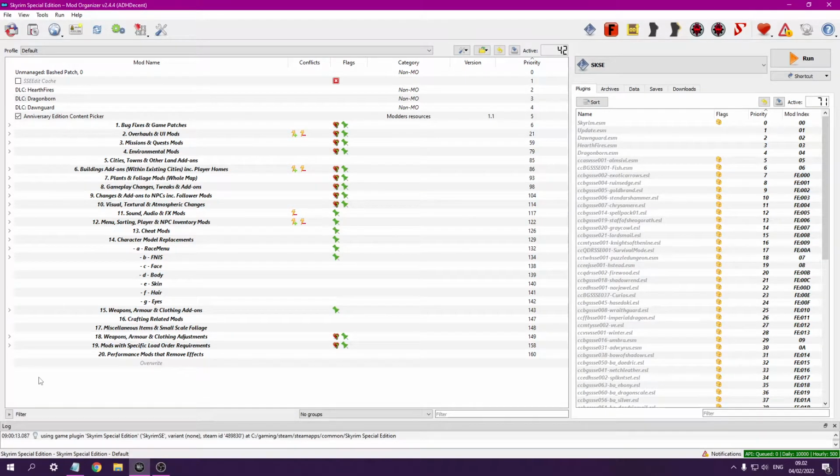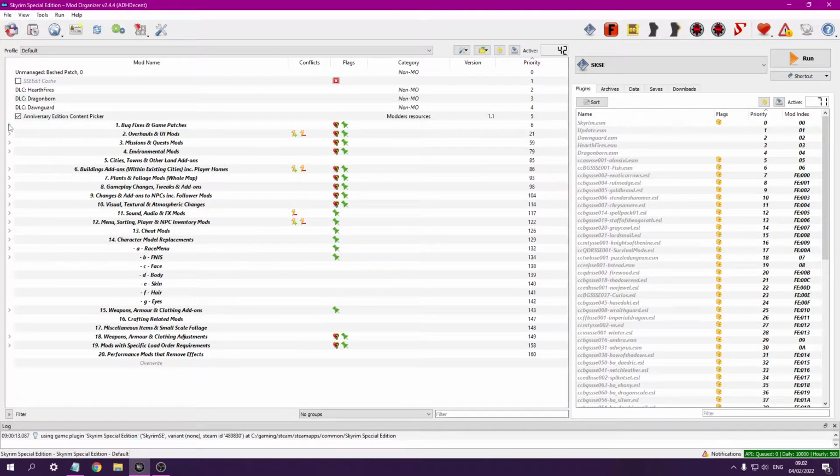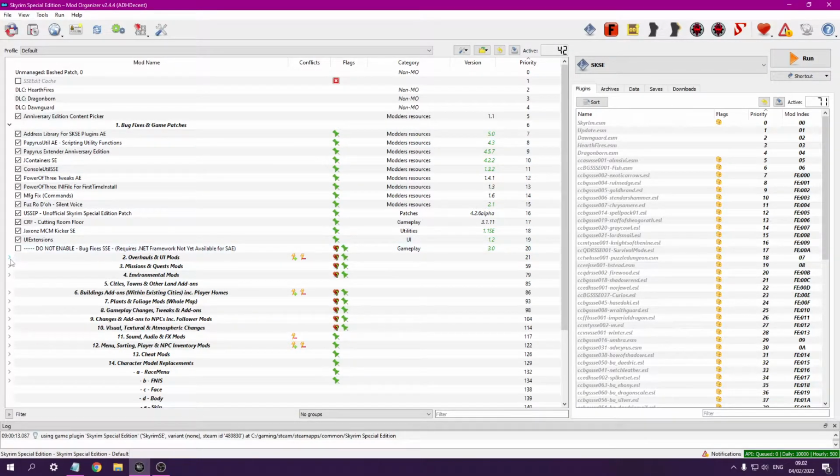Mod Organizer is an incredibly useful application. As someone who began modding Skyrim using Vortex, making the move to Mod Organizer 2 seemed quite daunting at first. This video will help teach you the useful features of MO2 and how to implement and use them to make life so much easier when modding.